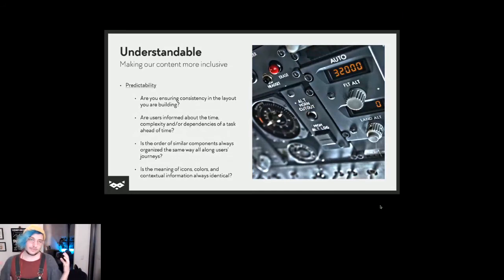But it's also about making sure that we are making things predictable. And here it's about consistency. Design systems are all about consistency, and that's one of the ways we can easily improve the accessibility of things. Ensuring consistency in the layout, but also in how we inform about our own complexity and dependency of tasks. Like